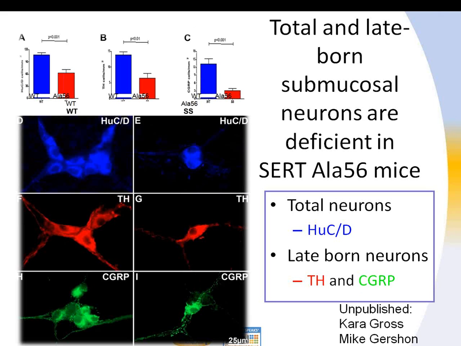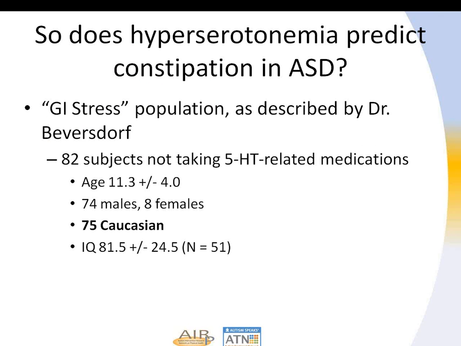Based on that observation, they then looked for changes, and sorry, this slide has gotten a bit distorted, but changes in the neural system in the gut, and they see a dramatic decrease in numbers of neurons of a number of different classes, but particularly those neurons that we might think of as consistent with inhibitory neurons in the brain. So this is data that brings us full circle in thinking about serotonin transporter variants associated with hyperserotonemia that are also associated with change in gut function. And that's one way that you can think about this causal pathway.